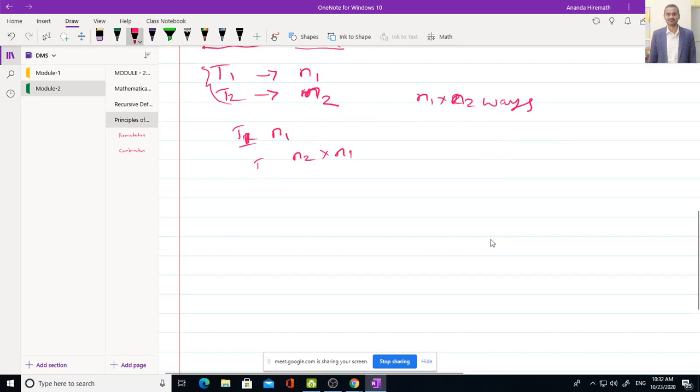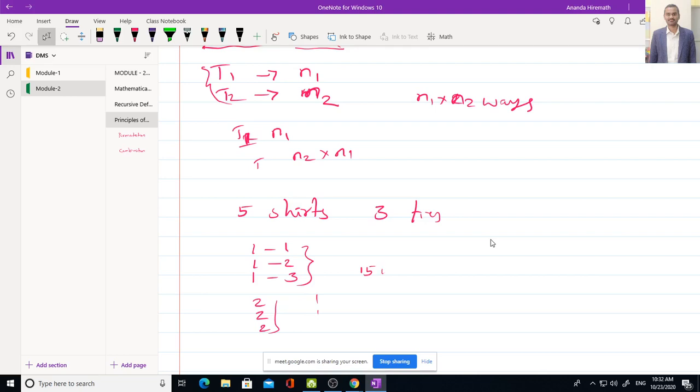Say, let us say one person has 5 shirts and 3 ties. Okay. Now tell me how many combinations he can make from 5 shirts and 3 ties. 15. Yes, he may have 15 combinations. First he may choose first shirt, first tie; first shirt, second tie; first shirt, third tie. There are the three combinations. Again he chooses second shirt and again 3 combinations for second, and so on. So there will be 15 ways.